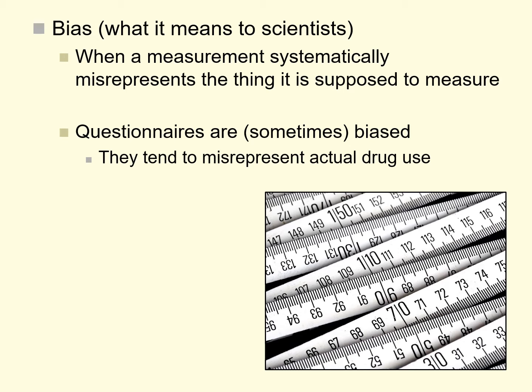Now, bias in research is a complicated phenomenon, and it gets and deserves a lot of attention. For our purpose right now, I want to focus on this idea in a relatively simple way, but in a way that I think is important. So, if we say that our research approach is biased in a particular population, what do we mean? Or why is it the case that our questionnaires, for instance, may be biased in terms of how they measure